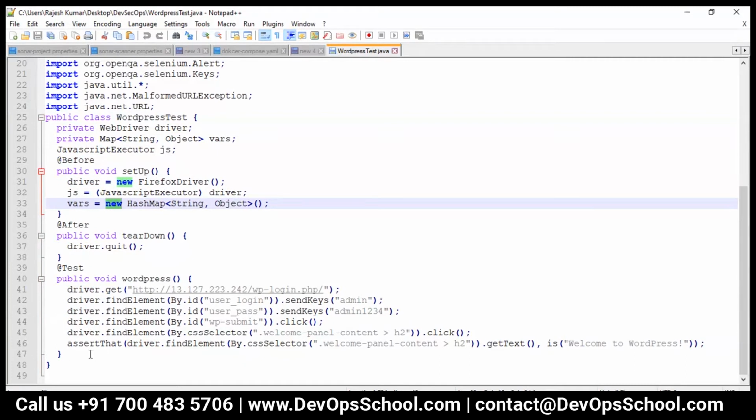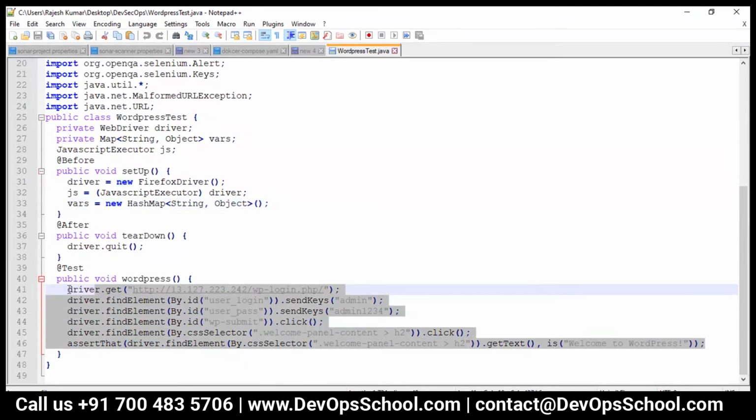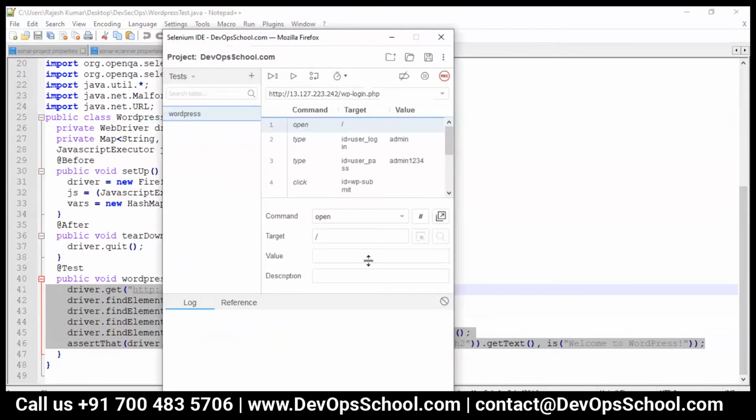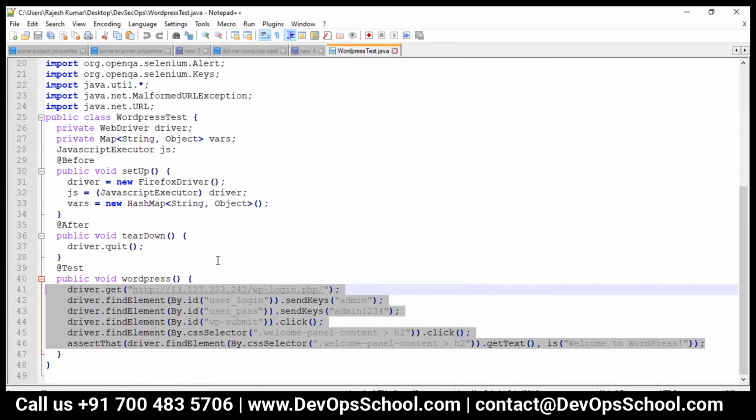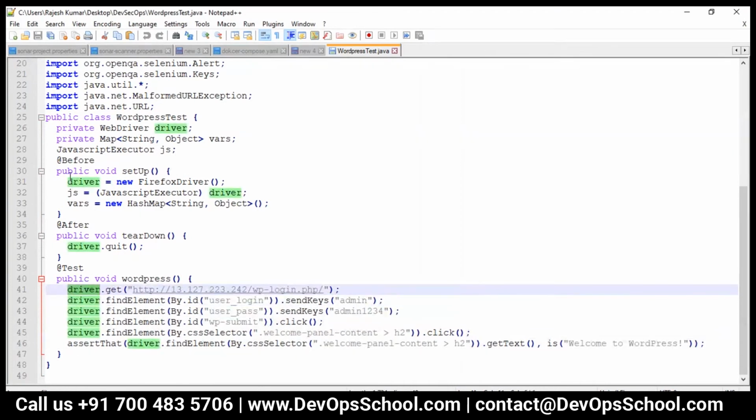After that, the real test case is here. See, this is the one. If you look at this here, just a second, guys. See here, all this command, target, value, type, click, assert, all this thing. So here driver, which is Firefox driver dot get this URL. After that, find element user login.